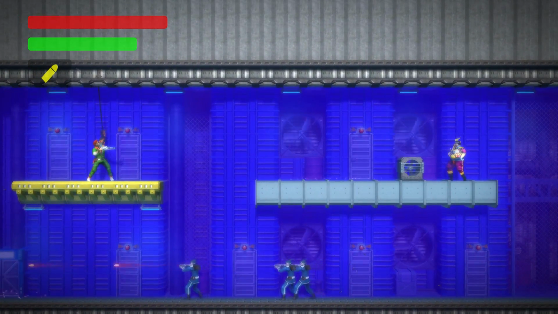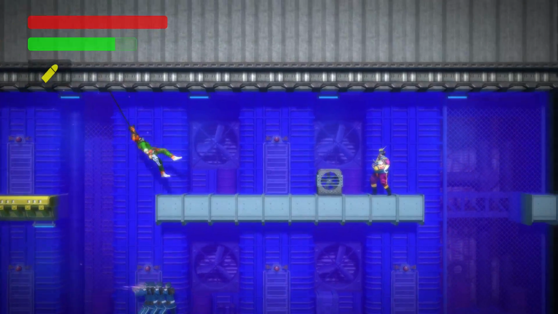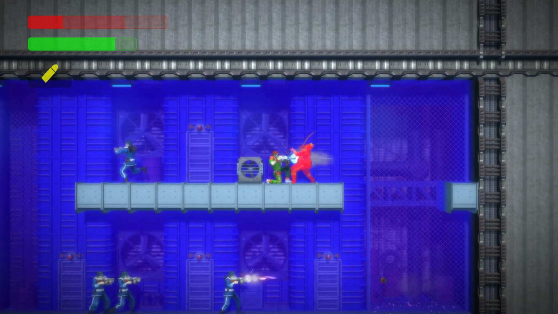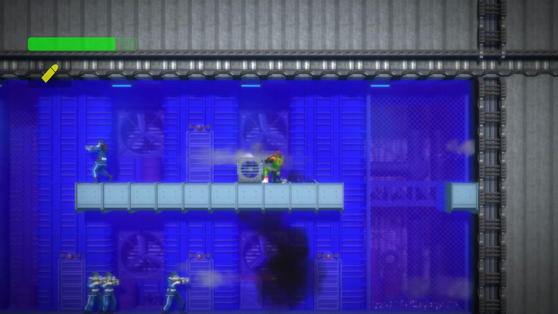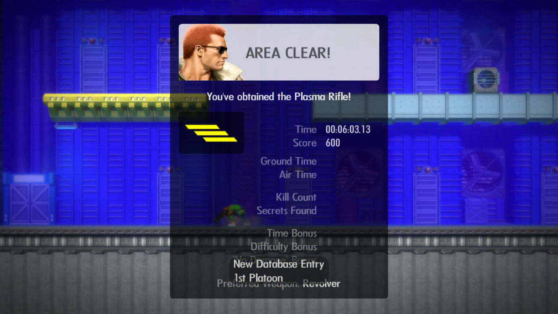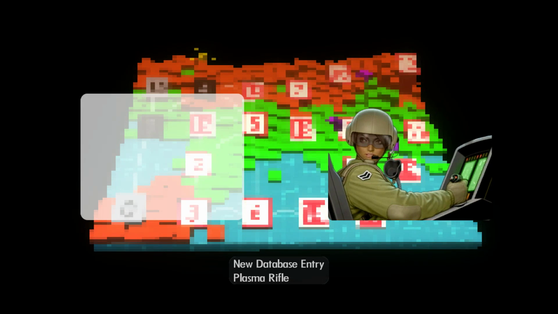So he's got... These guys have already proven to not want to. There you go. Area cleared rather easily. No secrets found. And apparently there are 2 secrets, so my only guess is that... and now we've got a plasma rifle. My only guess is maybe these secrets...